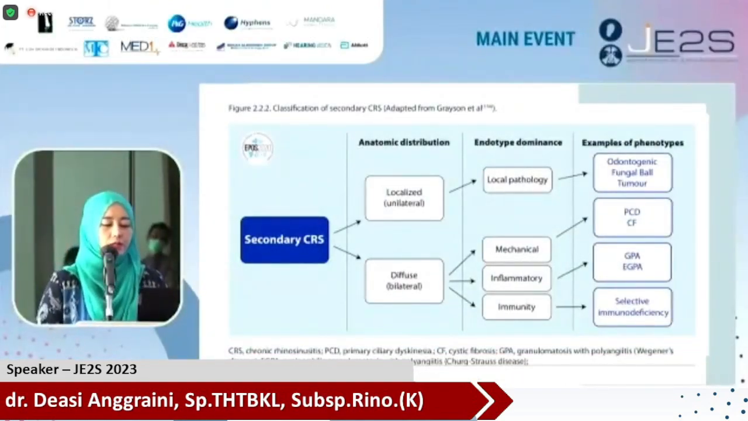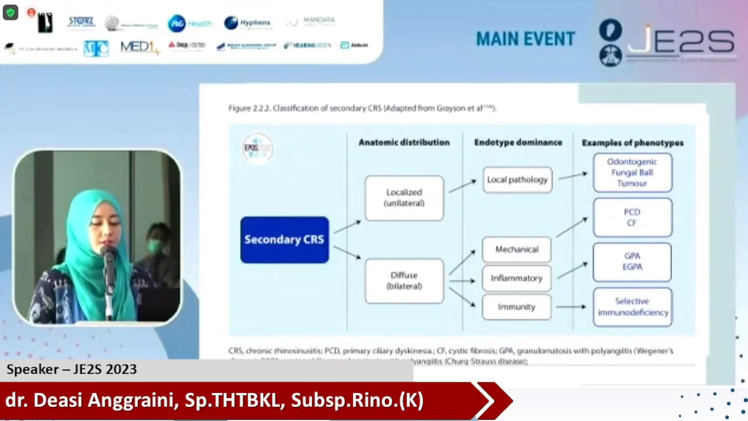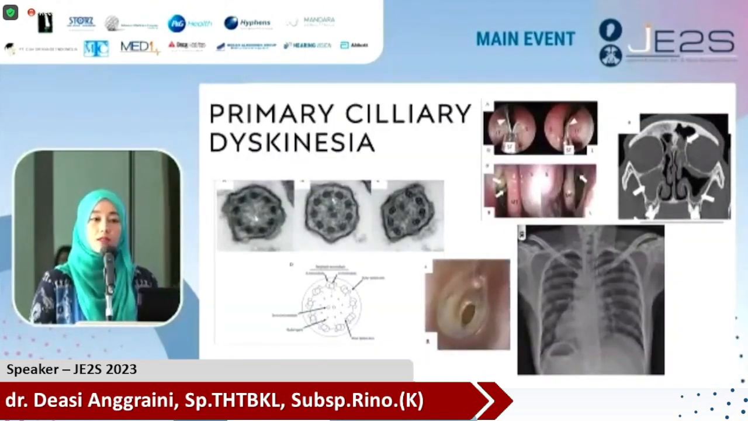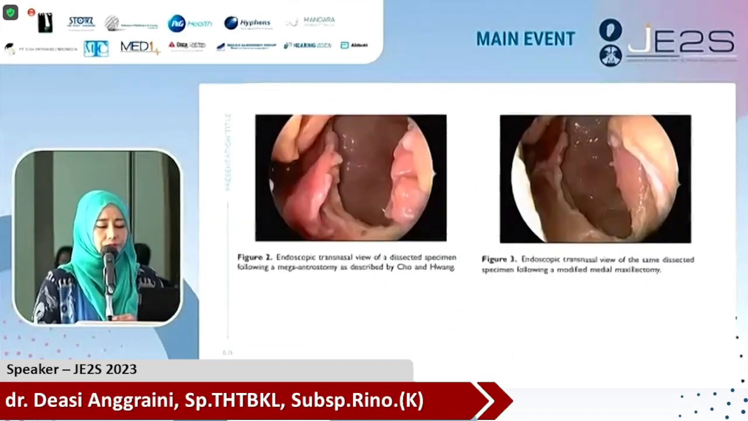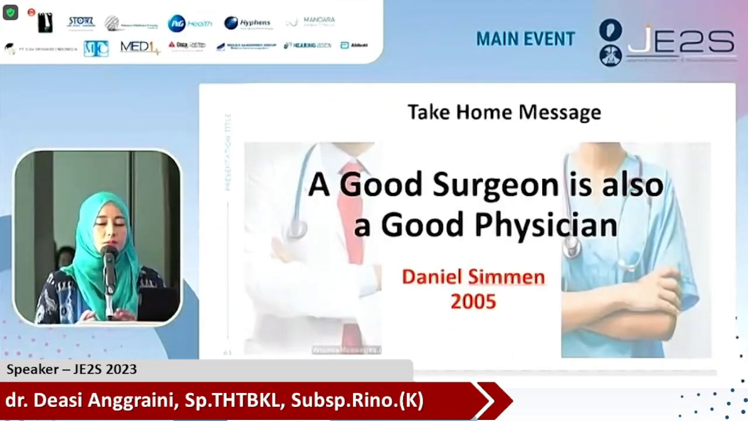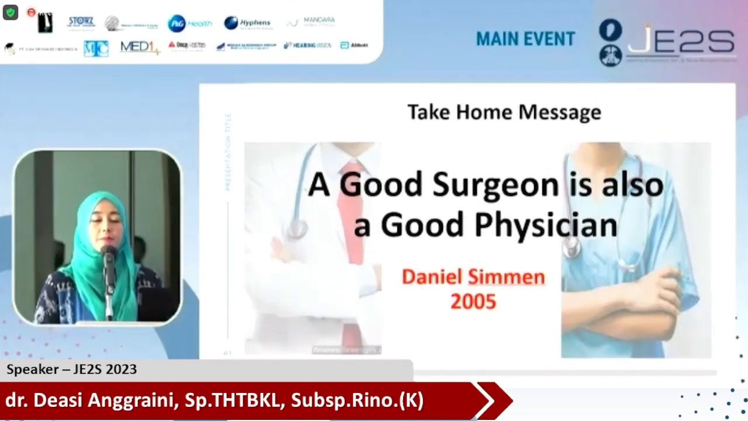And secondary, with diffuse causes, there is PCD and cystic fibrosis. One of them is a hereditary recessive gene defect. For example, primary ciliary dyskinesia, usually accompanied by chronic otitis media and situs inversus, and usually this is because of a defect of motility of the cilia. It's almost the same as cystic fibrosis, but with different pathophysiology. In cystic fibrosis, there is a defect in chloride transport. Fortunately, it is a rare case in our country, but in Cipto Mangunkusumo Hospital,